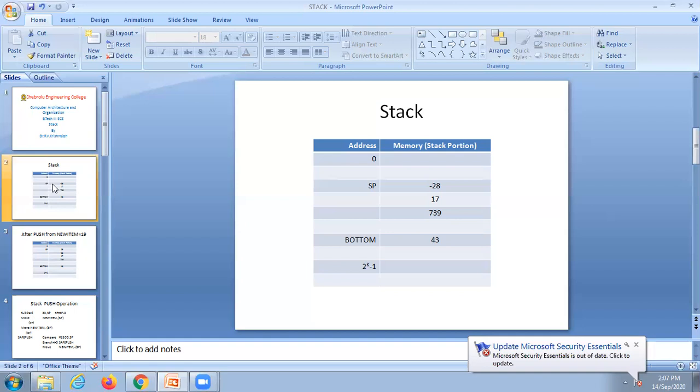Suppose we are running program A. Somewhere in A we are calling another program B. To execute program B, we need to store the status of program A. Before control is transferred from A to B, the status of program A is to be stored onto the stack.